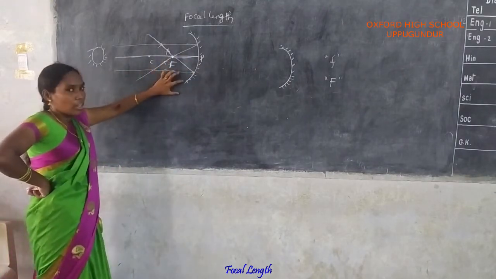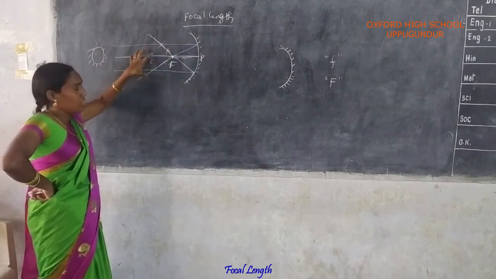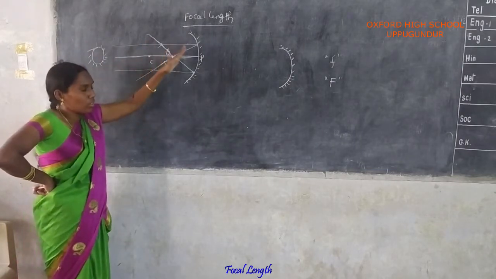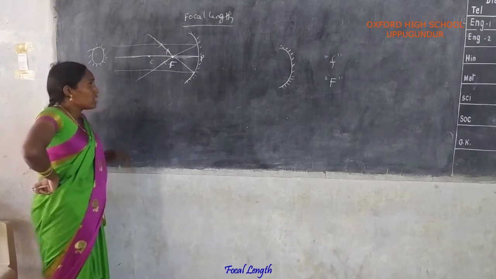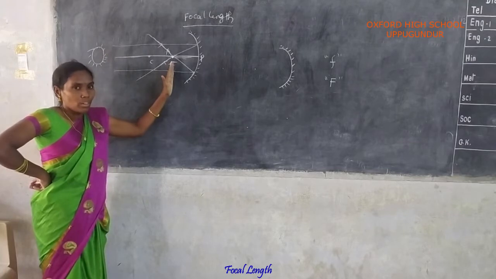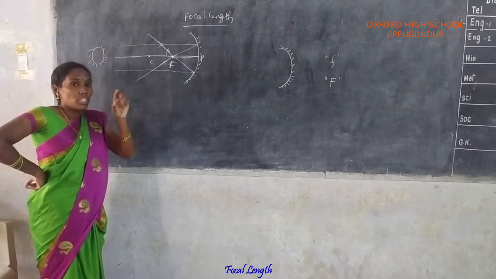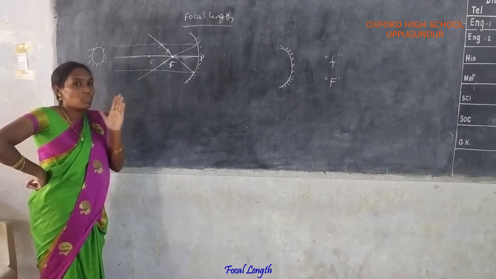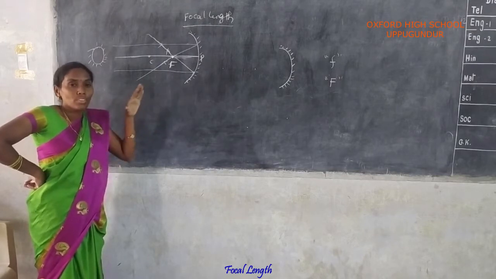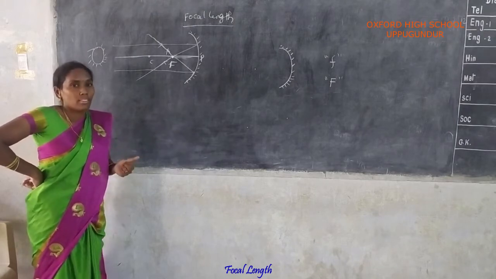Take a concave mirror. That concave mirror is held in front of the sun, such that the sun rays fall directly on the concave mirror. And then take the small paper. That small paper is moved towards the concave mirror or away from it until we get the brightest and the smallest spot. That spot gives the image of the sun. Our main intention is to focus the image of the sun on the paper. The paper should act as a screen.